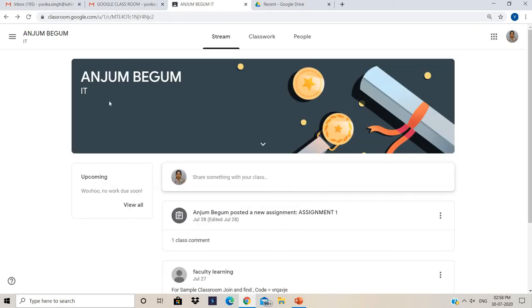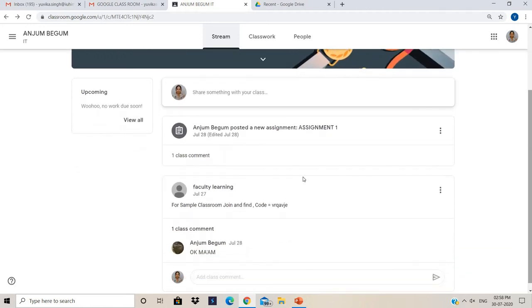So once we have entered into the class of our teacher, now you can see the dashboard here. We will see 3 icons. Now students can see the stream, right? The main stream we can see here on the front page. What work is assigned by our teachers, we can see here. Any announcement posted by our teacher, we can see here, right? And we can also comment back to our teachers from here.